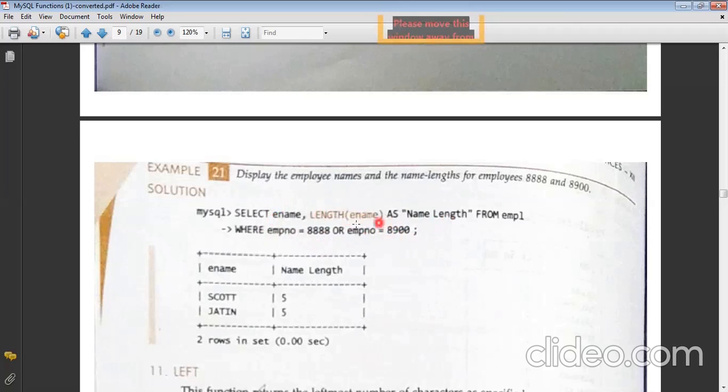You can always rename this as name length, or if you do not want to, the same operation will be the name of the column. So in this way, you can actually perform. Very good, Asta. Keep it up. This was a perfectly correct answer by you. I hope everybody understood how to do this.